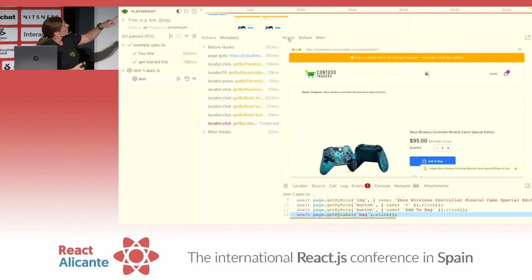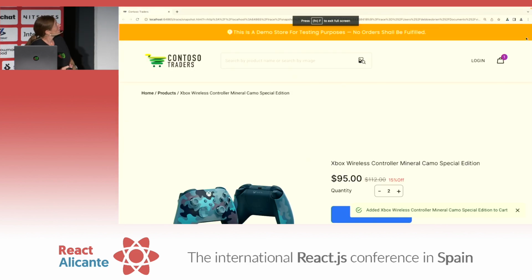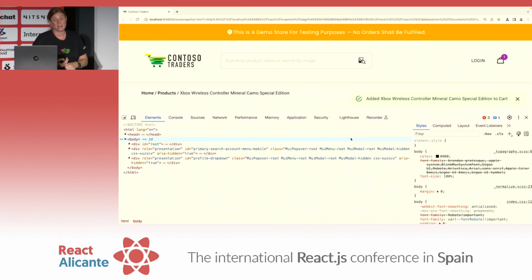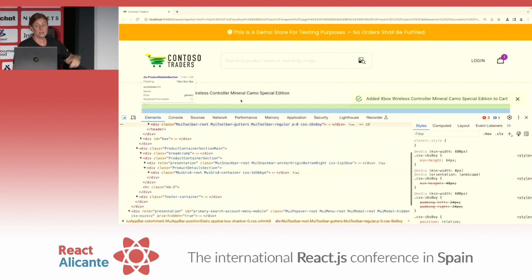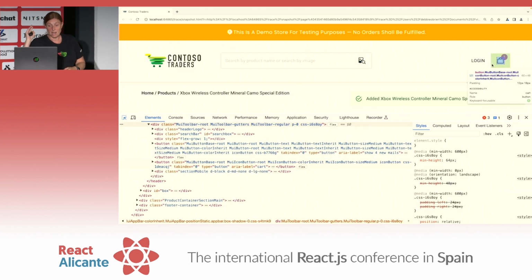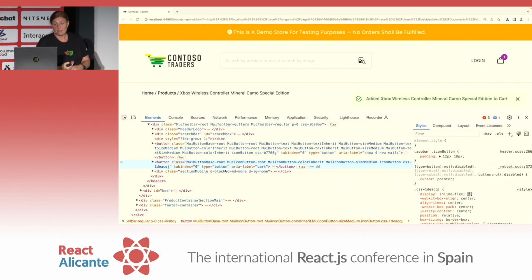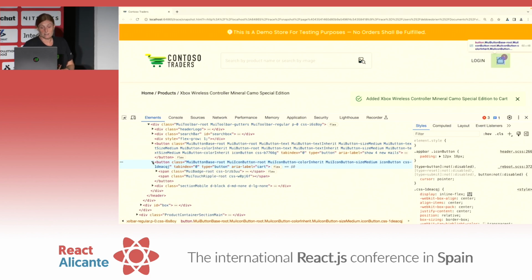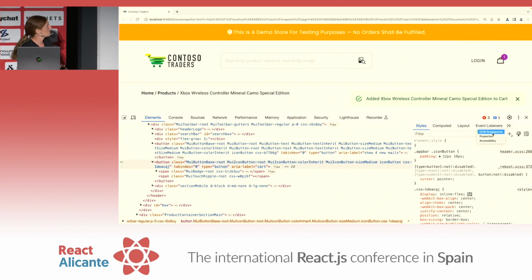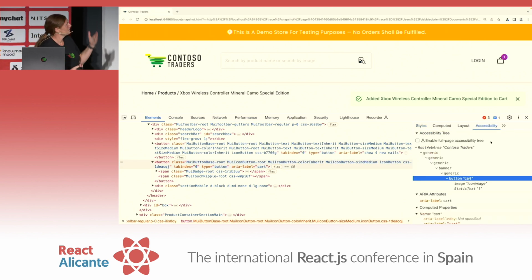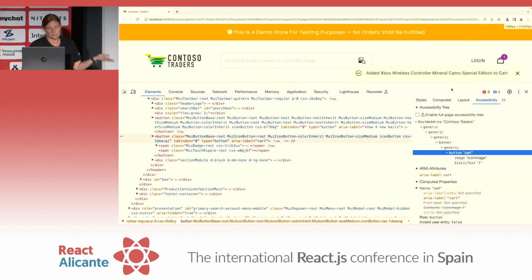Because we want to see, does that label actually get the label by bag? Well, we can just open up a DOM snapshot right here, because that image in our test is a DOM snapshot, so we have access to every single point of time in the test, and we can go in and check. And exactly as Katerina said, the aria label is in fact cart on that button. So whatever designer designed it as a bag, the developer decided it was a cart, and we can check the accessibility tree as well. We go in here, and it's a button with cart, aria label, cart.